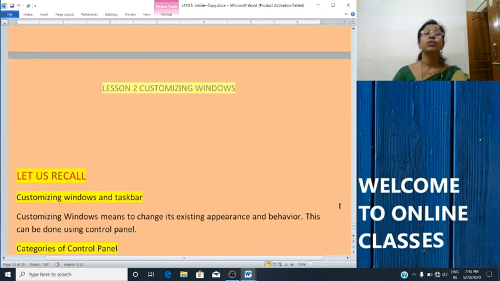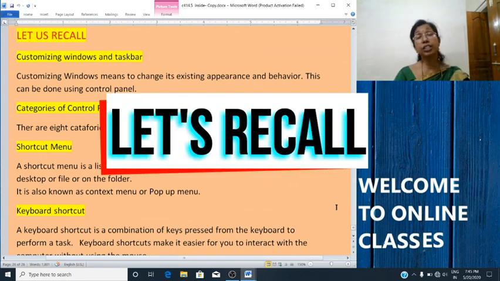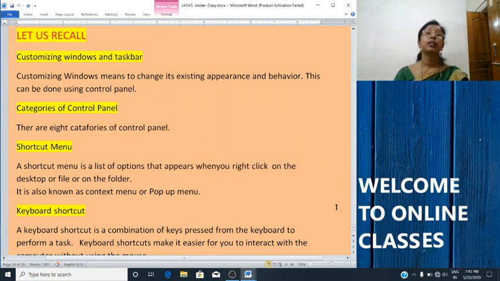Okay, so we have completed the exercise. Now let's revise what we have studied today. We studied about customizing windows and taskbar. Customizing windows means to change its appearance and behavior. This can be done using the control panel.